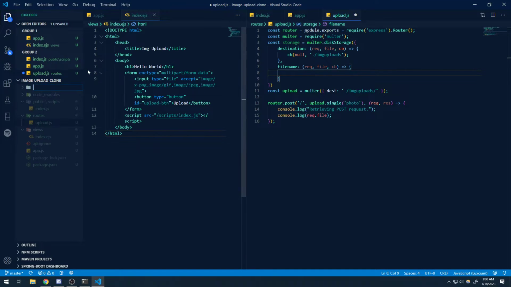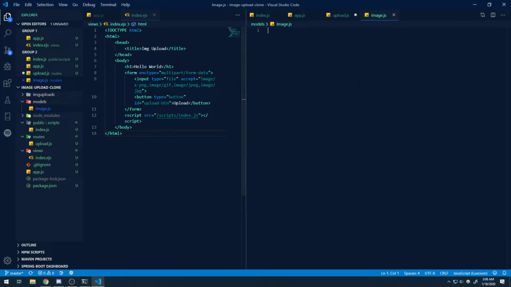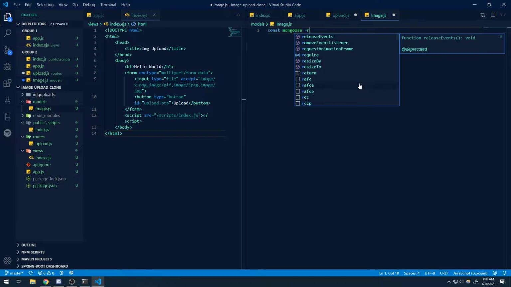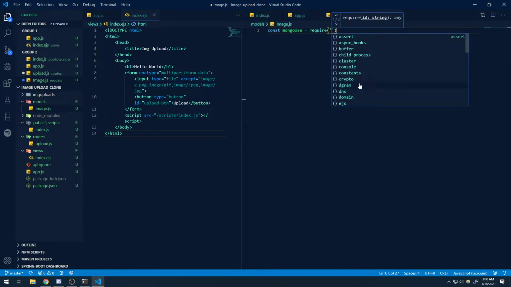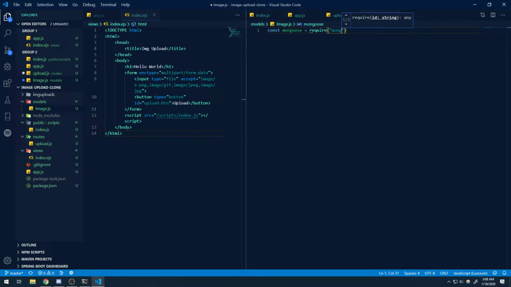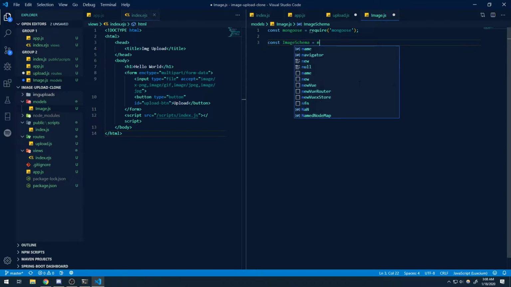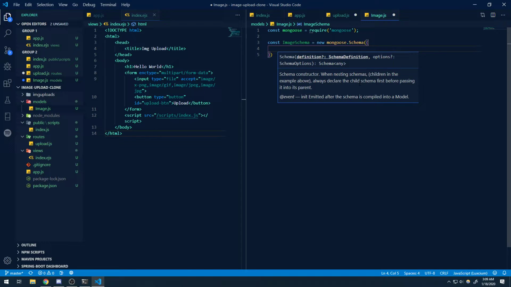So let's go ahead and incorporate our database. We're going to say models. We're going to create a simple model for image.js. We're going to say const mongoose equals require mongoose. Then we say const imageSchema equals new mongoose.Schema. And let's see, all we need is